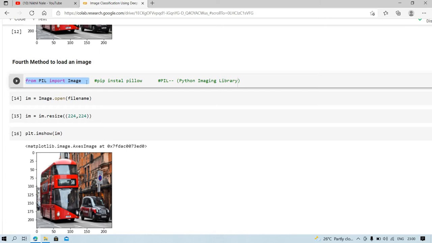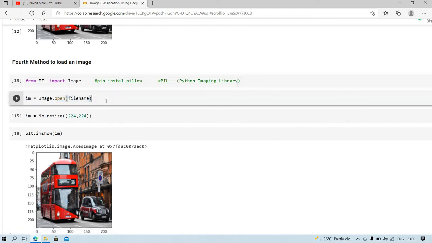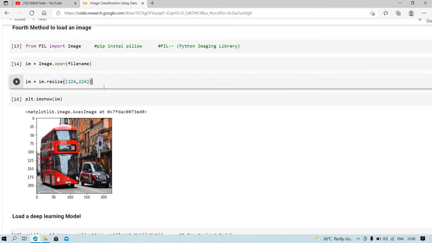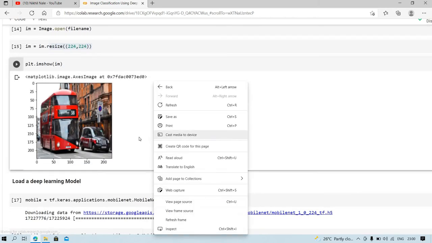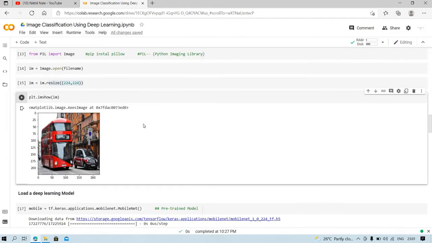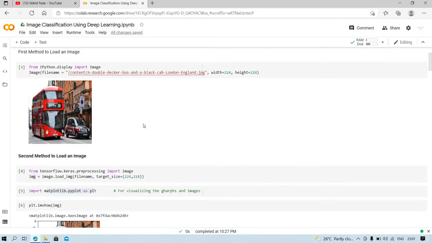From PIL I will import Image, then call the function open and pass the argument filename, and after that I will resize the image to 224 by 224, and you will see the image over here. So these are the four methods to load an image.